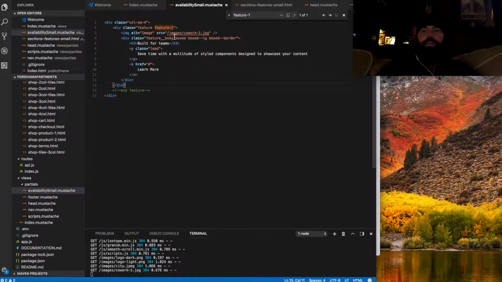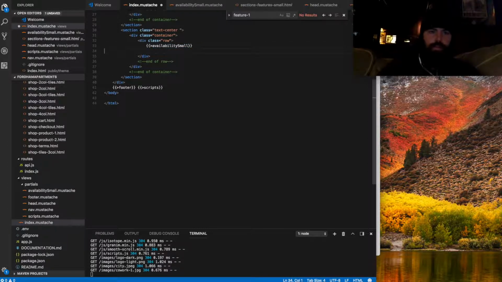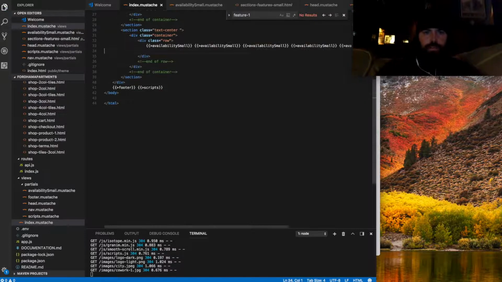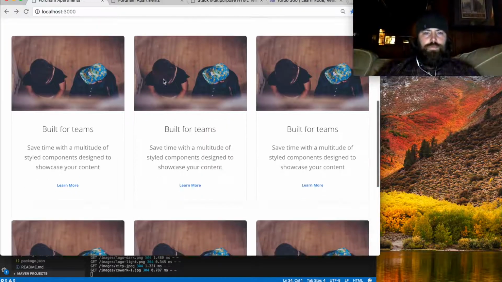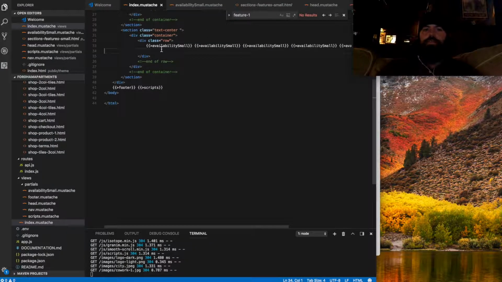So now if I wanted to do 5 availabilities, I go back to our index, let's say 6. So here they are, and I'm sure you guys can guess we don't want to repeat ourselves and keep pasting the same thing. Maybe we can make like an array and cycle through it. So what we want to do is,